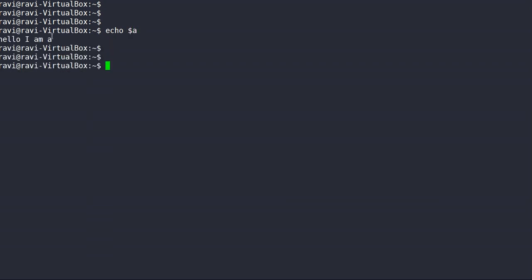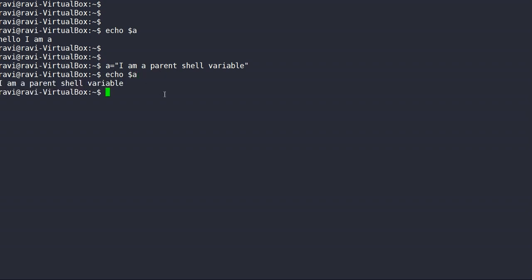Suppose I have a variable, let me define it again: a equals "I am a parent shell variable". At my parent shell, a is visible to me.